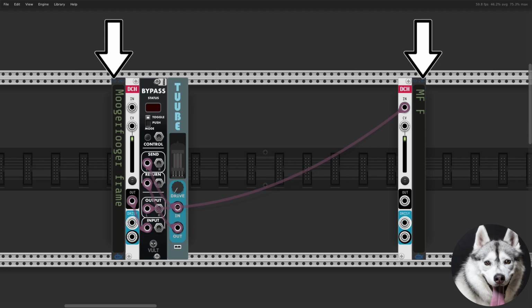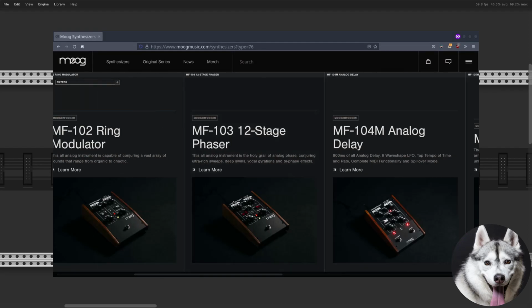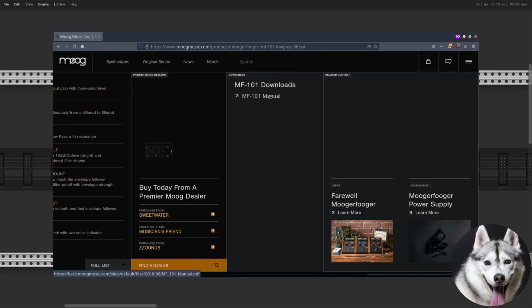I wanted them to have a similar structure, enclosed by 2 TD202 to show the name of the moogerfooger, 1 audio input at the start of the pedal and 1 audio output at the end, using Daisy Mix channel by Quantal Audio, 1 bypass module, in this case by Volt, and 1 drive knob at the start of the chain, Tuube by Moog Modular. To recreate them, I followed the diagram in the manuals from the official Moog site, and